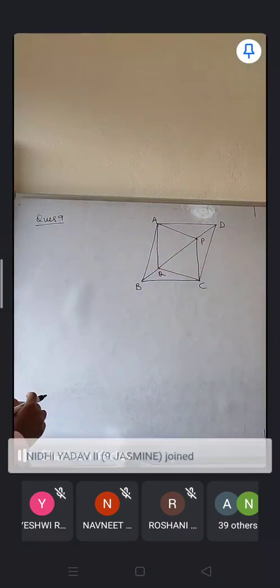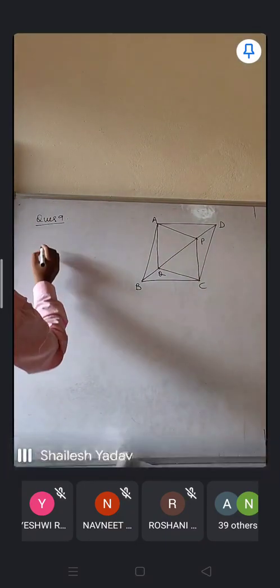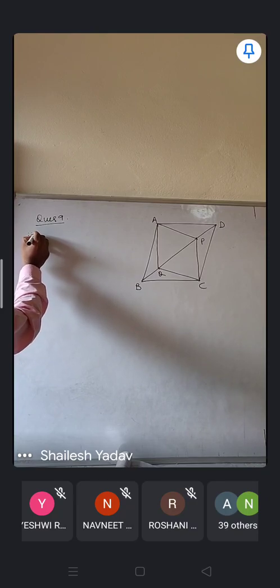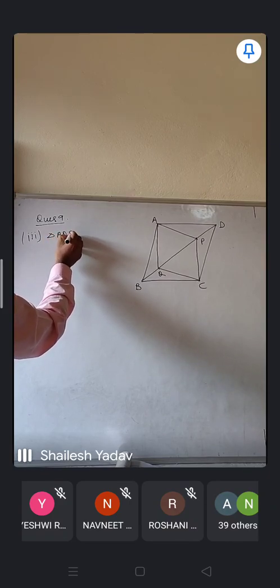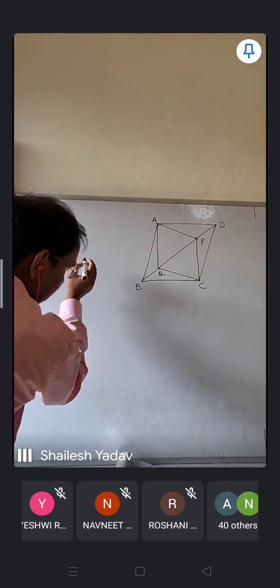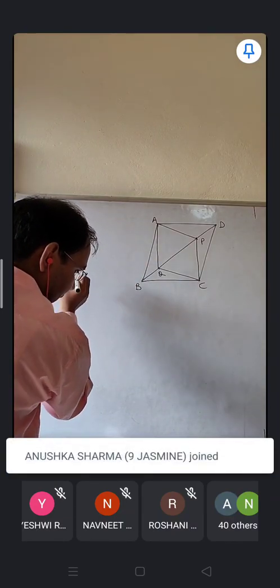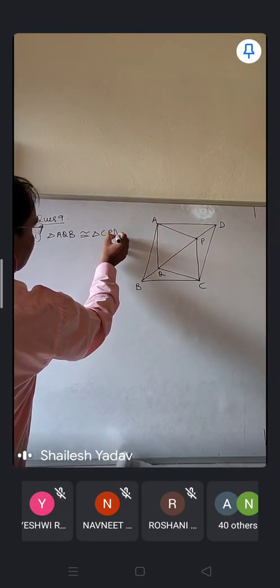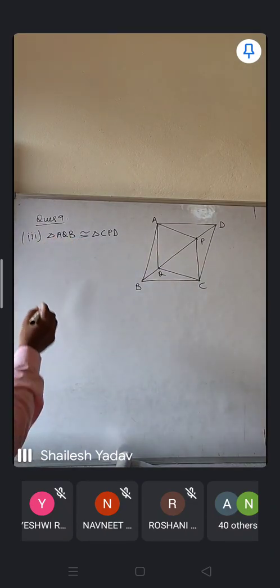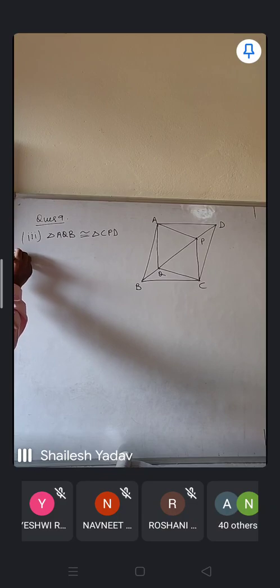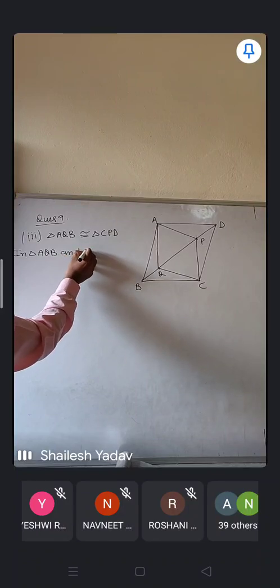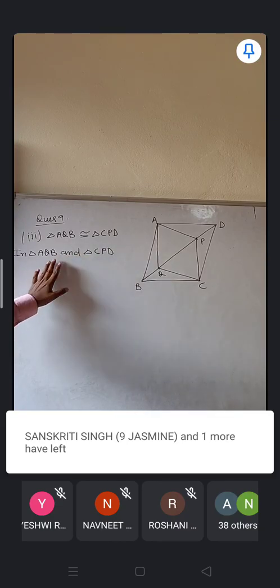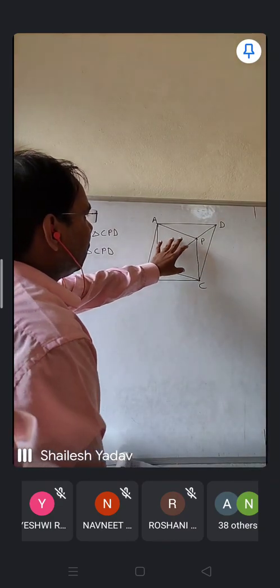So for question number 9, this diagram is given, and in the third part you need to prove that triangle AQB is congruent to triangle CPD. So you need to prove that these two triangles are congruent. If you are going to give the proof for the third part, you will take triangle AQB and triangle CPD. First I will search for these two triangles in the given diagram, because it is a diagram where you are going to get many triangles.